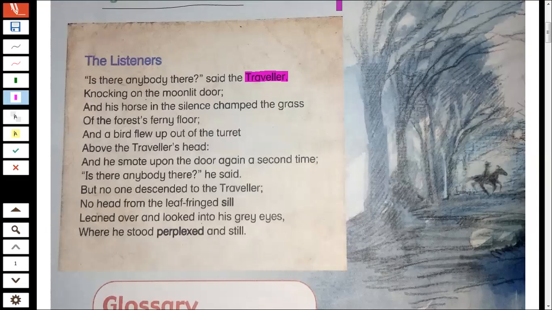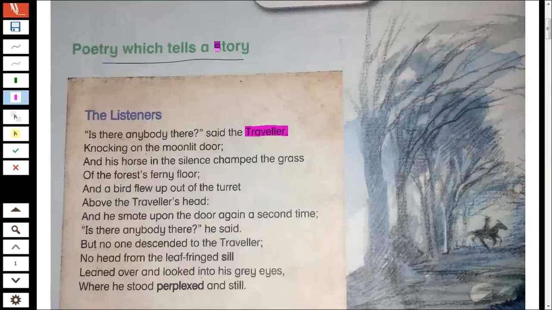So, is there anybody there? As you mentioned earlier, this is alliteration. I'm using there and there, yes, the first sound of the letters. It works. But my main concept here is that the poem is serving its target. What target? That it tells a story. And I really cover the first element of a story by having quotations, a dialogue, and a character. Knocking on the moonlit door.